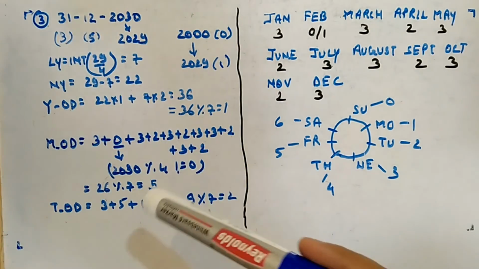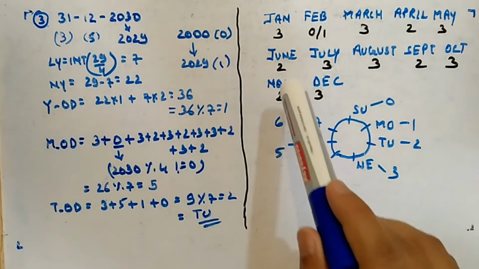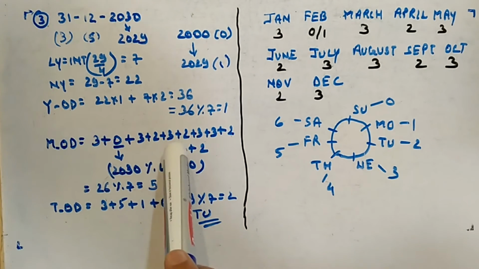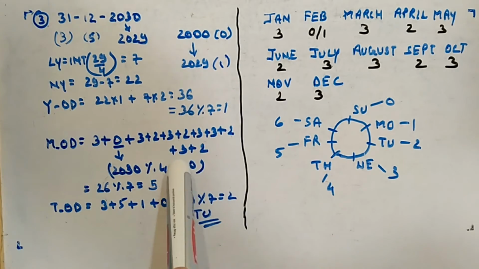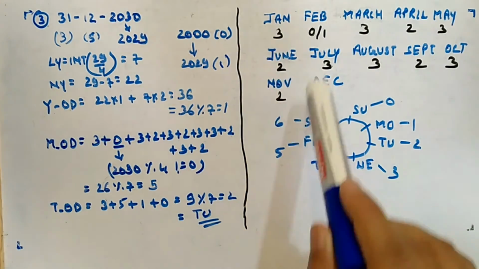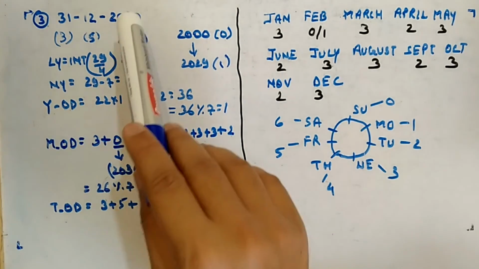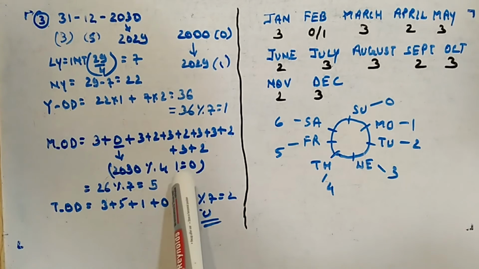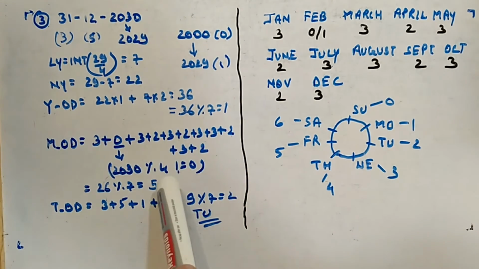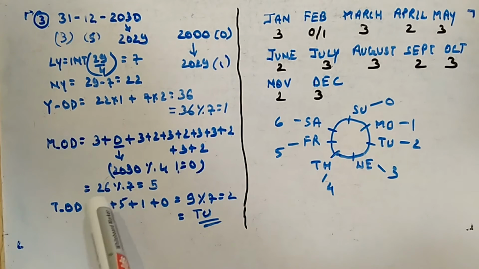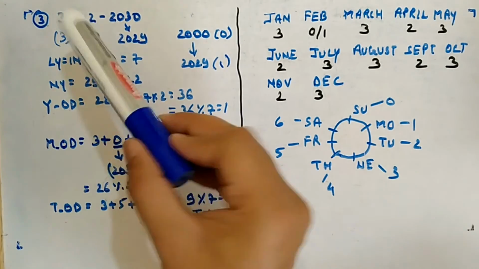Then let's go to the month. So total 12 months are there. So till November we have to count. So 3 plus 0 plus 3 plus 2 plus 3 plus 2 plus 3 plus 3 plus 2 plus 3 plus 2. Starting from here till here we have added everything, and we have added 0 for February because 2030 is not divisible by 4. It is not a century year, that is why divisibility with 4 is being checked. Not divisible, that's why 0 has been taken here. If you sum it, you will get 26. 26 modulo 7 is 5. 5 odd days you will get because of month.